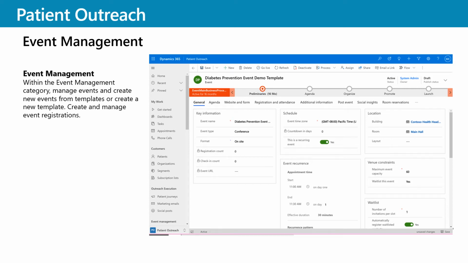Event management. Within the event management category, you can manage events and create new events from templates or create a new template. You can also manage the event registrations. Some of the core features of Dynamics 365 Marketing include seamless contact registration and attendance management, all in one place, and business processes that guide users through the essential steps of event planning,